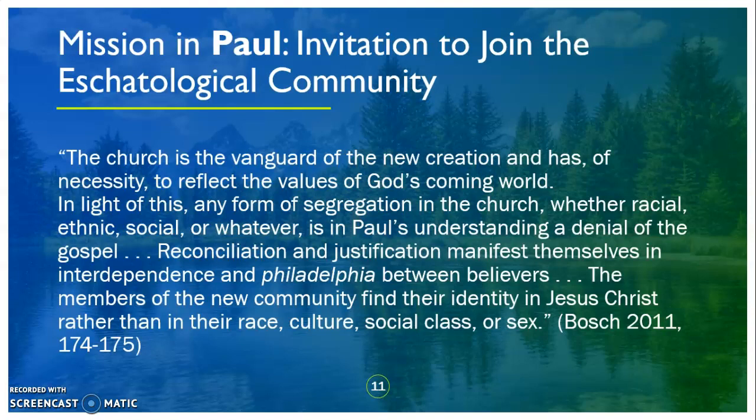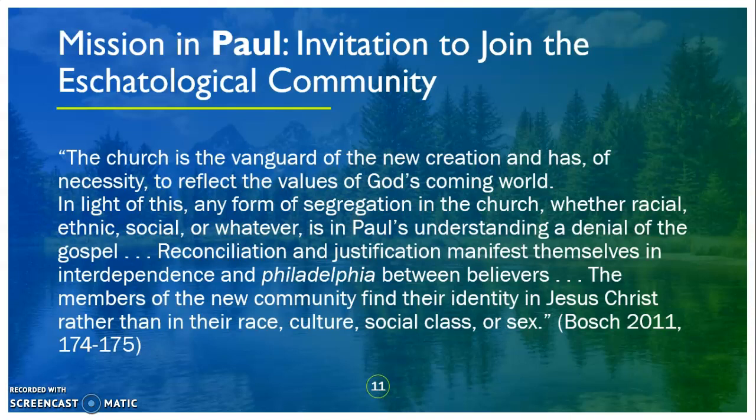which is understood as an invitation to join the eschatological community. And so Bosch writes, the church is the vanguard of the new creation and has of necessity to reflect the values of God's coming world. In light of this, any form of segregation in the church, whether racial, ethnic, social, or whatever, is in Paul's understanding a denial of the gospel. Reconciliation and justification manifest themselves in interdependence and philadelphia, meaning brotherly love between believers. The members of the new community find their identity in Jesus Christ rather than in their race, culture, social class,